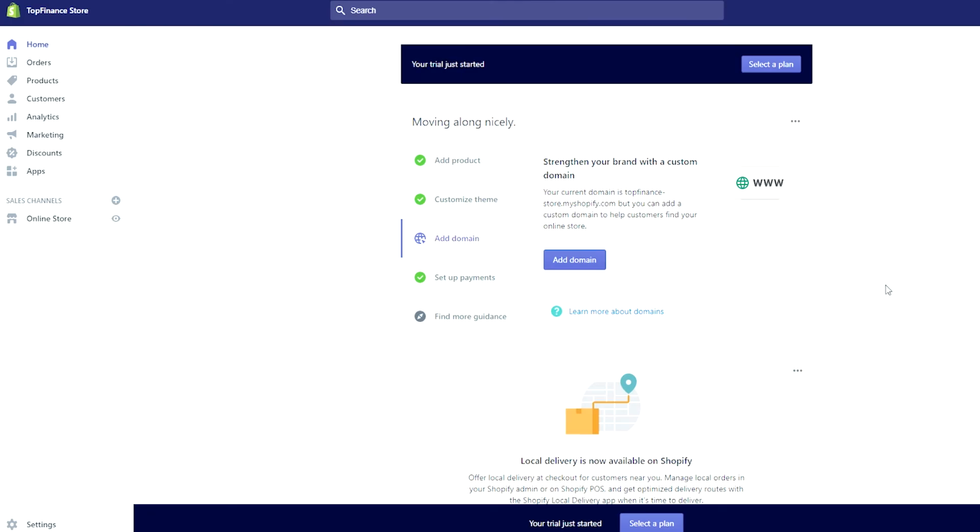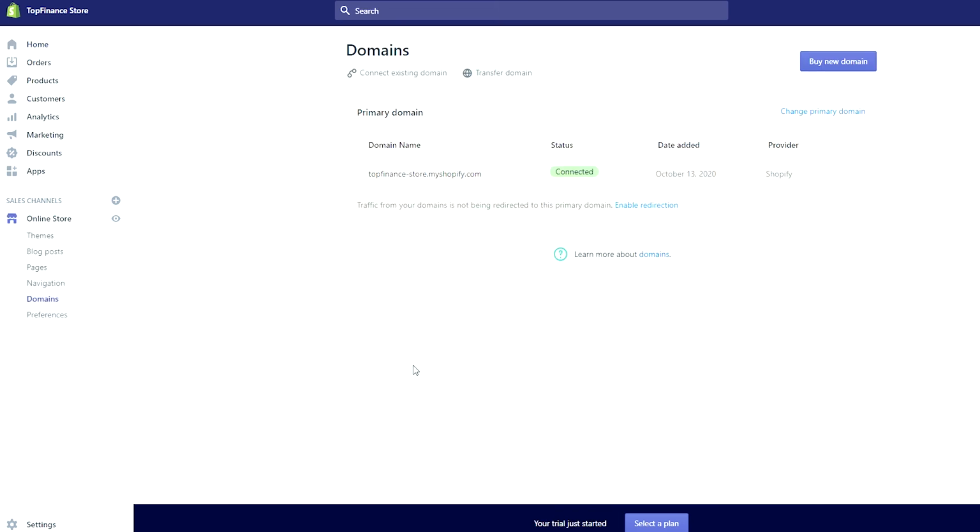So now you're going to obviously want an actual domain name. You don't want to have one of those topfinance-store.myshopify.com because it just doesn't look good. So here's where you can add a domain name. If you click that, it'll take you to this page here. And they even have an option for you to buy a new domain name right on here, so it's very easy to do. You can connect an existing domain name or transfer a domain name,